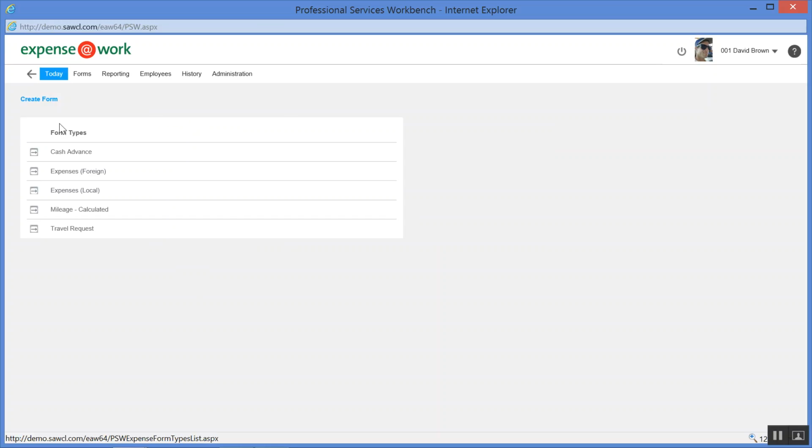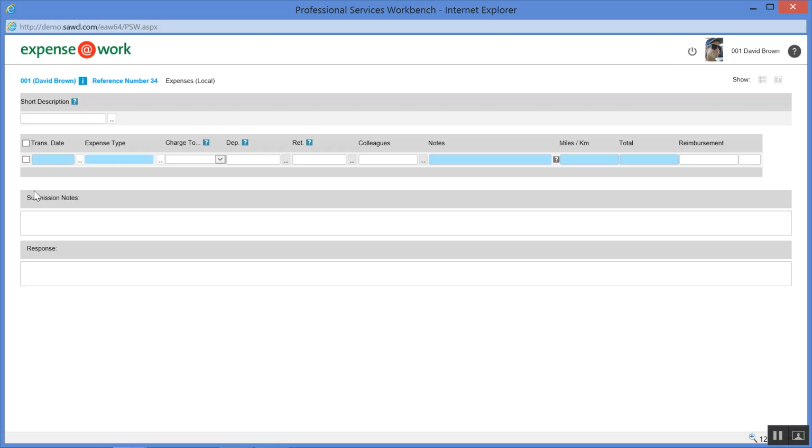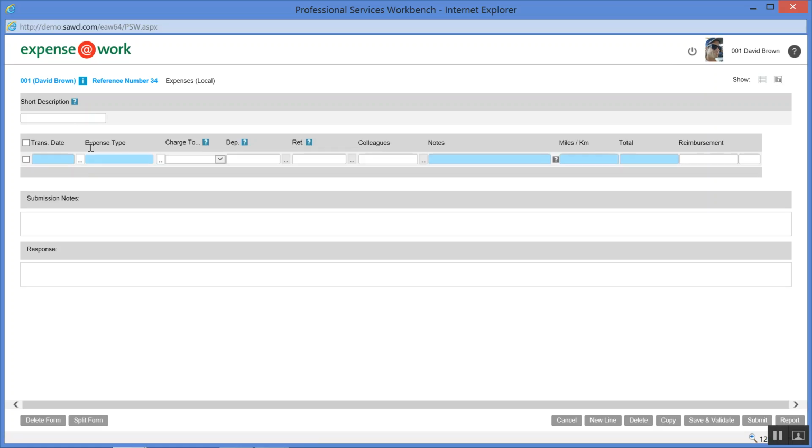So we'll click on Create Form and then perhaps on Expenses Local, expenses in his home currency. And you can really do what you like with this form. You might enter a short description, choose a date, choose an expense type,